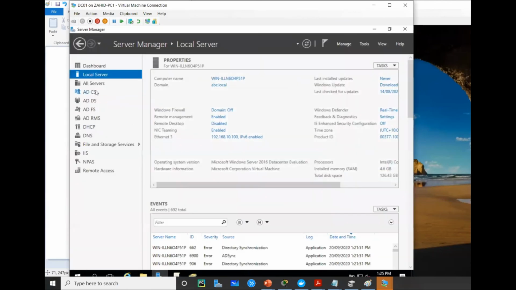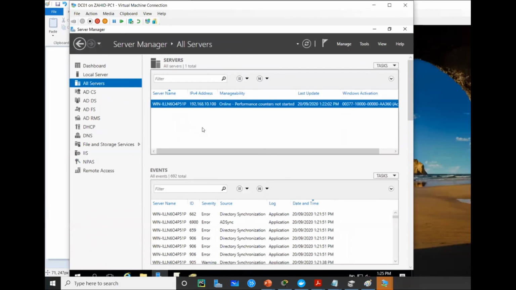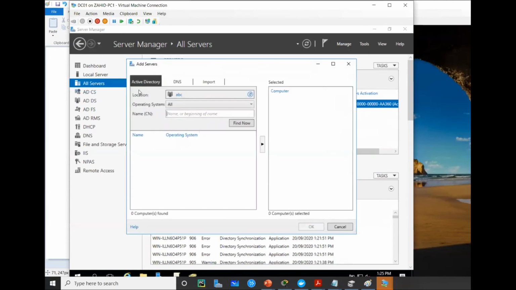If I go to my domain controller, if I go to all servers, I have more options. I'll show you. I can right click on all servers, add servers. And for example, I want to do